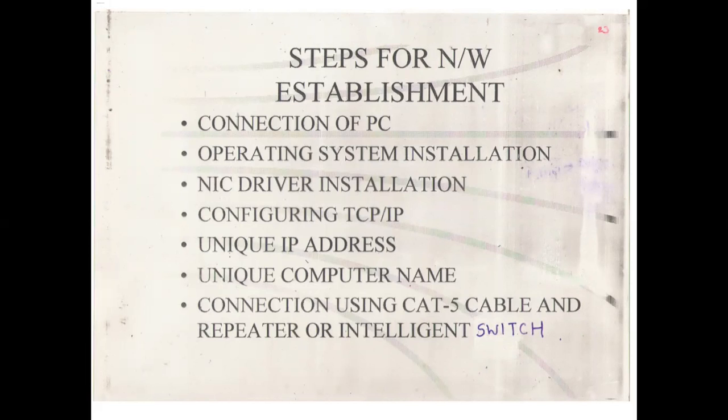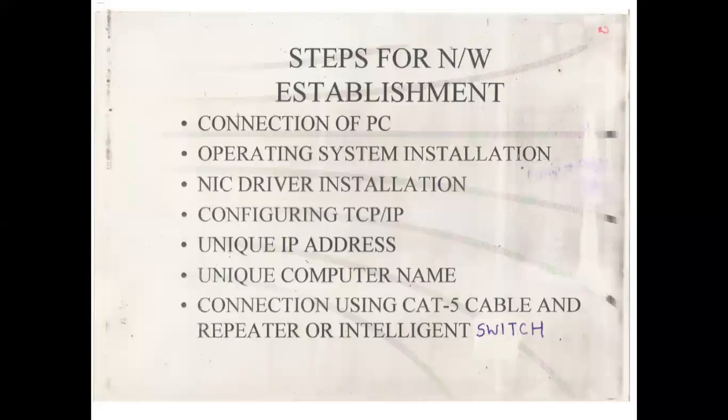First of all, the operating system must be installed on both the machines. You have to connect these two PCs using a Cat5 wire. Number two, operating system installation on both the machines. Number three, LAN card driver installation, called the NIC, Network Interface Card driver installation. So take two PCs, install the operating system on those two machines, then install a LAN driver on both, then configure TCP/IP to identify the machine on a network.